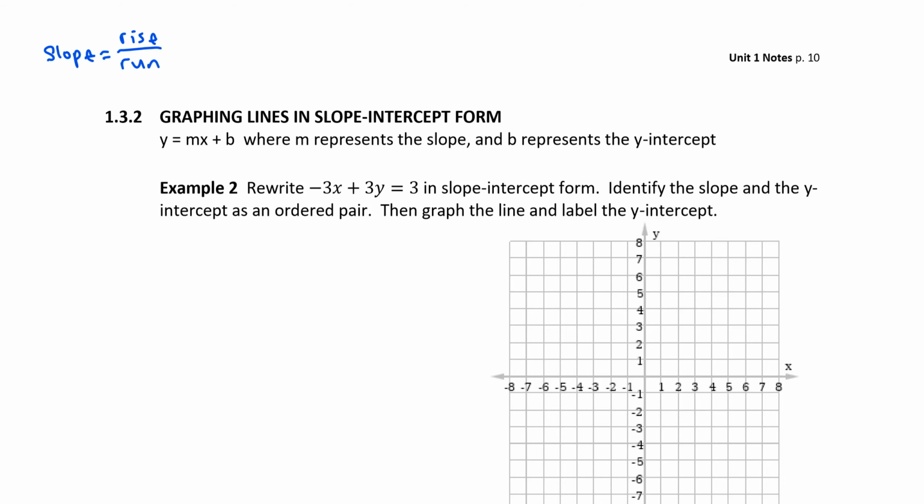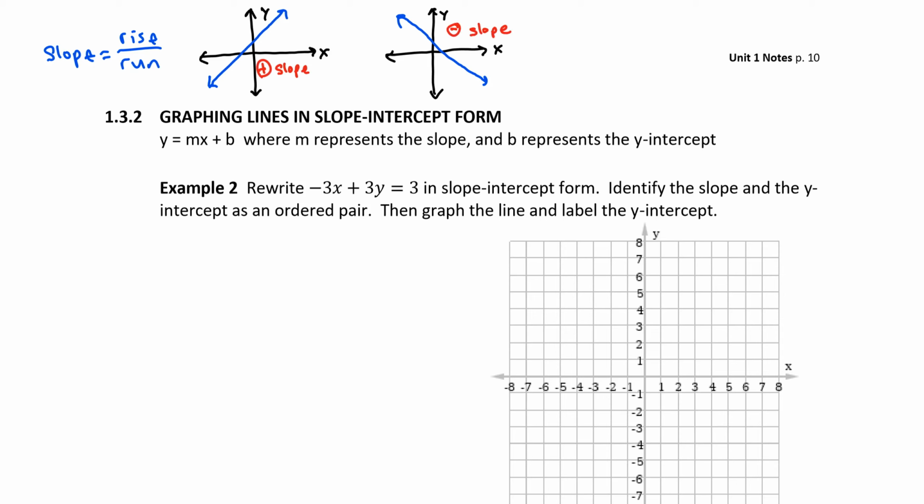So, slope is basically a measure of the steepness of the line. There's a couple of types of slope that we're going to focus on. So let's examine positive slope and negative slope. A line that has positive slope slants up and to the right, and a line that has negative slope slants down and to the right. So if I'm reading these lines from left to right, then positive slope is moving up and negative slope is